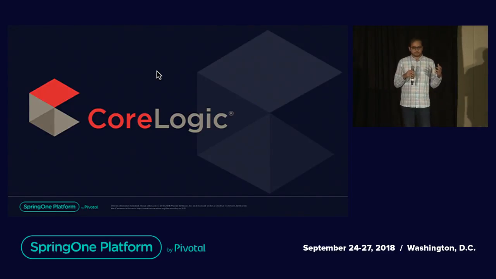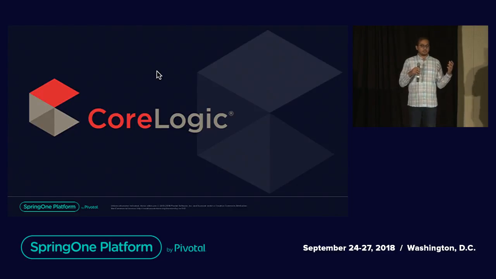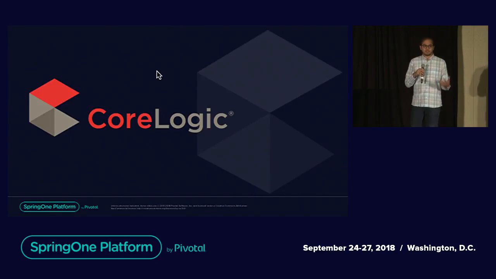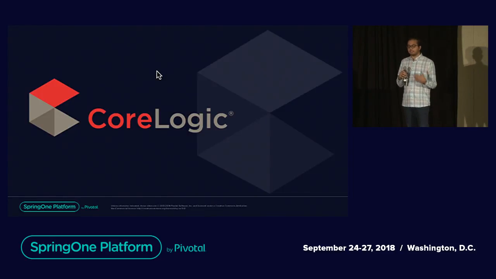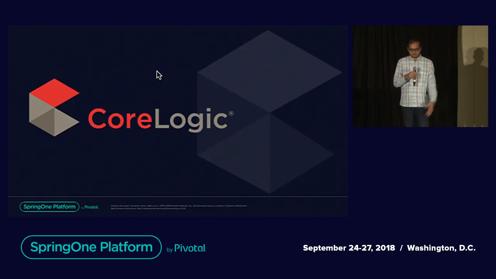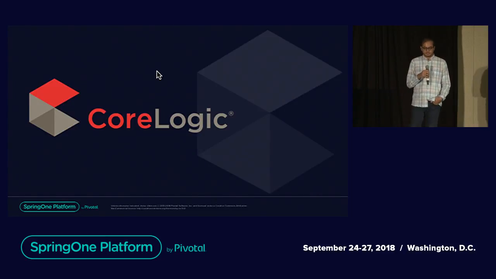Basically, the goal is to bring all the data that we have from all these different data sources and bring them together to have greater insights into our data, and not only that, to give our customers a better, more informative experience about whatever they're doing when it comes to real estate.